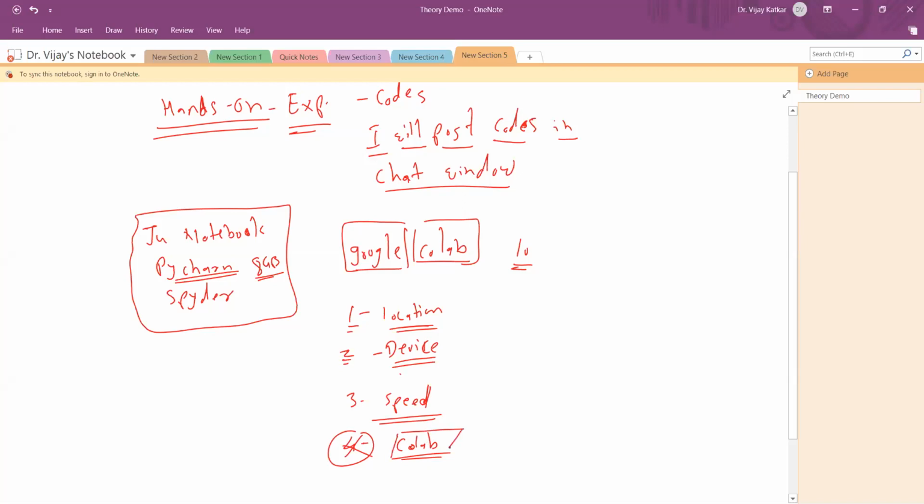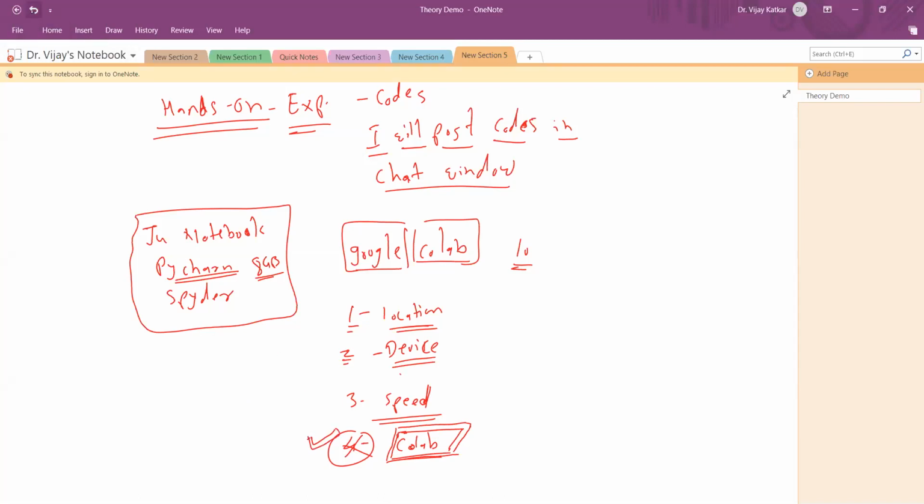But if you are thinking about patenting your work, or going for IPR, then you should not try those things on Colab, because the things are visible to Google also. And this is a commercial part. So in that case, please do not go with Colab. This is my general suggestion. But at the initial stage, Colab is not a problem.